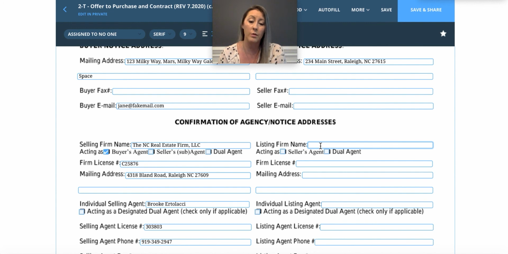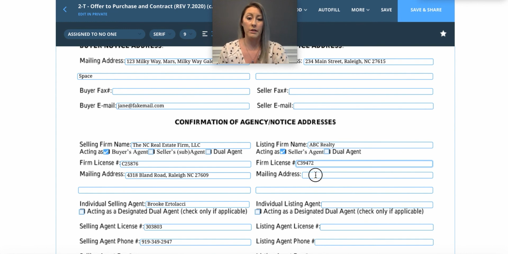It's just very helpful to know who the agent is, who they're working for, what they're like. I mean, this is a legal contract. You need to put in all this information. Please don't skip over this. So it's ABC Realty, and it's the seller's agent, and their firm license number is